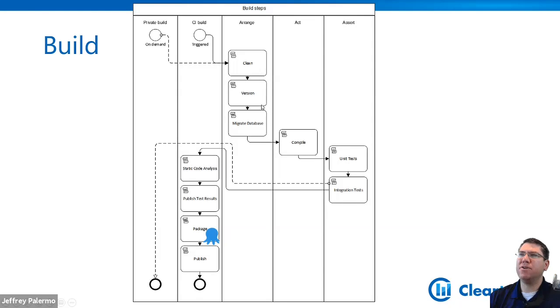You're going to set up the environment, which in a lot of cases is migrating your database. Then the act is converting your source code to executable format, which in our case is a compile. It's a .NET.exe command. It's an MS build command. And then after we do our compile, and now we have executable format, we have assemblies, then we're going to